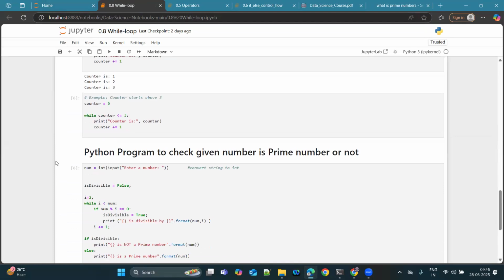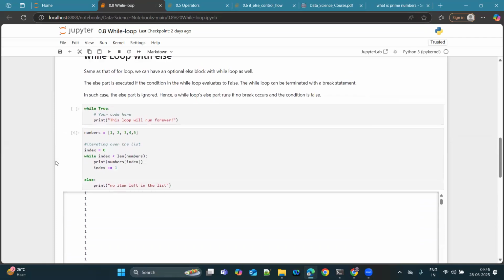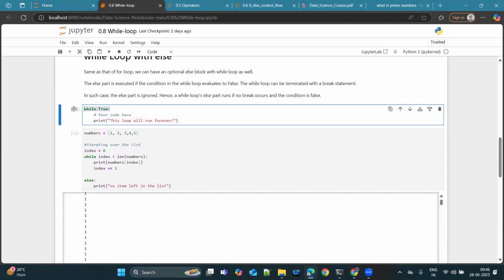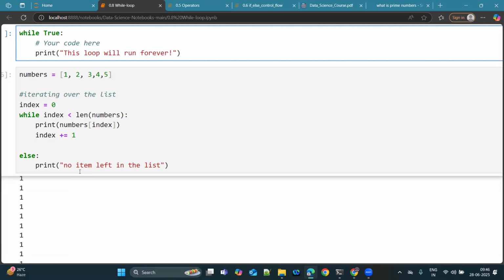Now we are discussing what? As long as our expression is true, the loop continuously iterates. That is what happened now exactly. So, similarly,